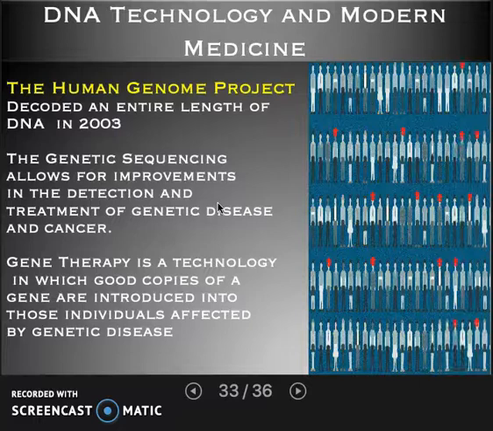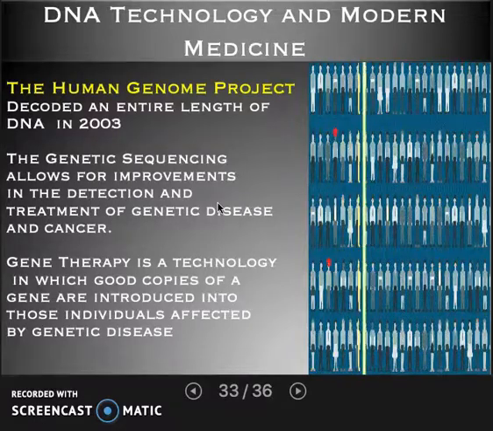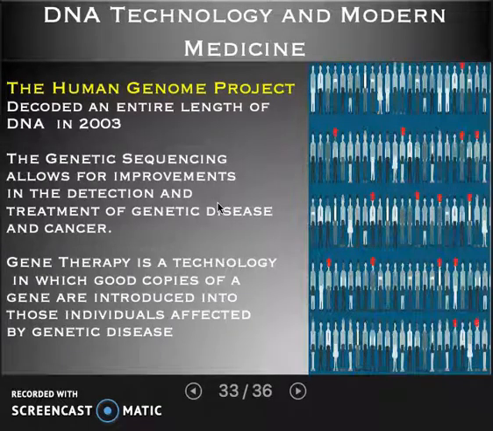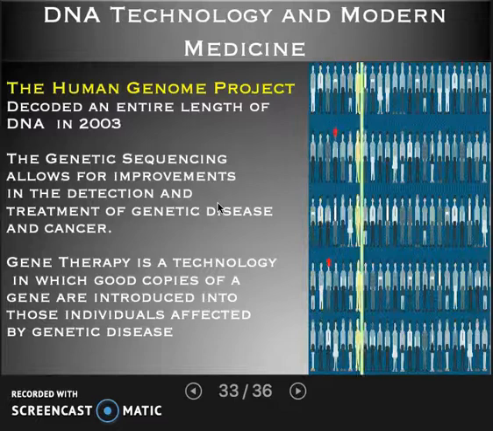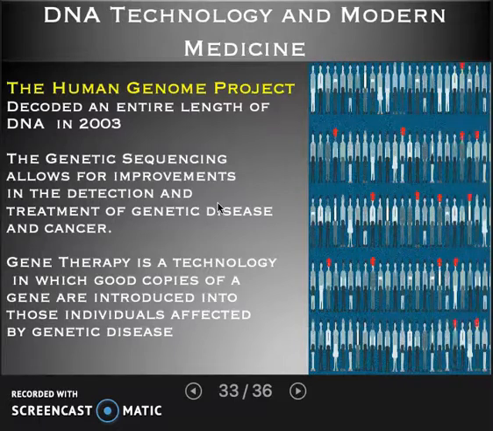We can look at the genetic makeup of your baby. So they take cells from the mom's amniotic fluid and can determine whether the baby has genetic mutations. And you could even potentially make changes in the womb, which would be a good thing to do. We'll talk about gene therapy in a second.